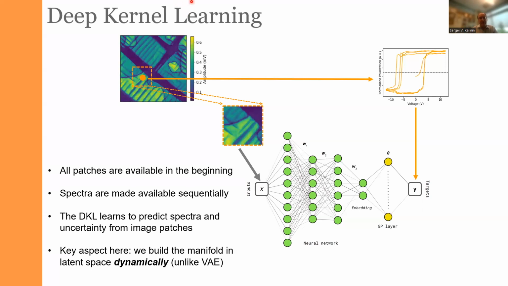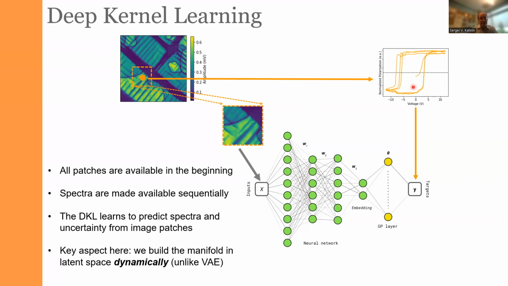Now, in machine learning, active learning, you always need to specify what problem you want to solve, because depending on the problem that you are trying to solve, your experimental path would be different. So one problem we can set in this context is to find the structure property relationships in the shortest number of steps. So structure property relationship means that we build the relationship between the local domain structure and the shape of the hysteresis loop. So if ultimately what we want to have is an oracle that takes the structure and can predict the